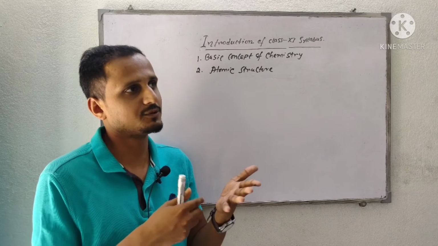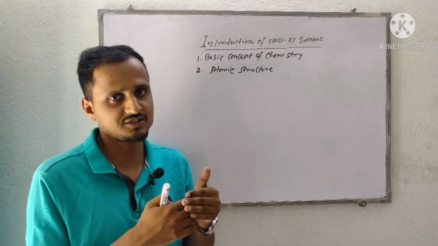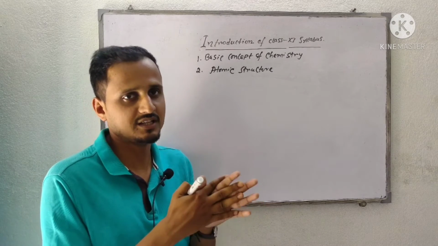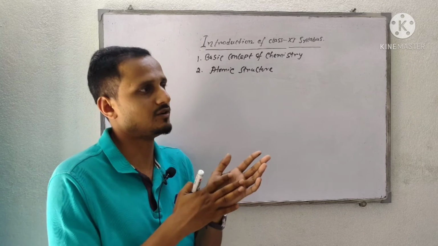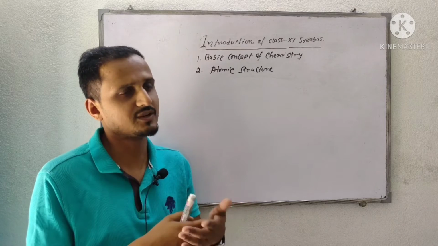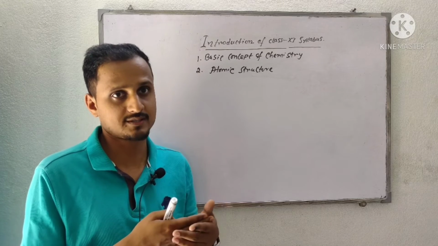Before that we have to start with the history of the atomic structure, which we will discuss first. Normal history: what came from your philosopher Carnot, after that Democritus, after that William Crookes